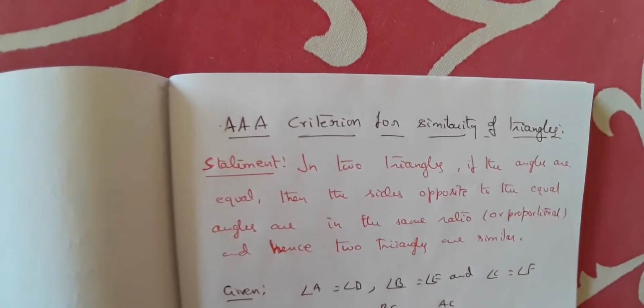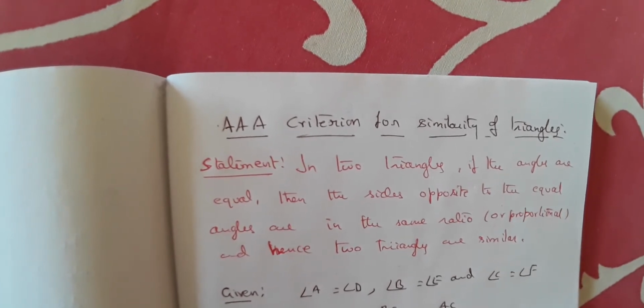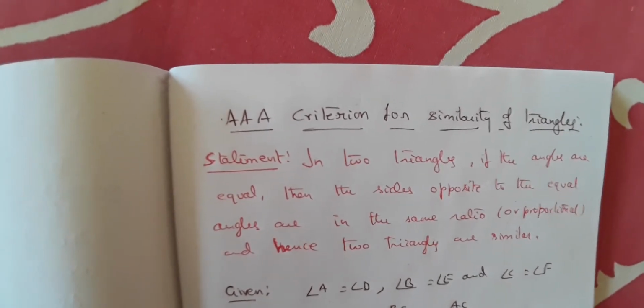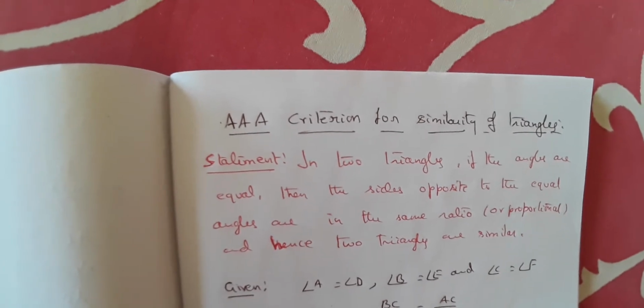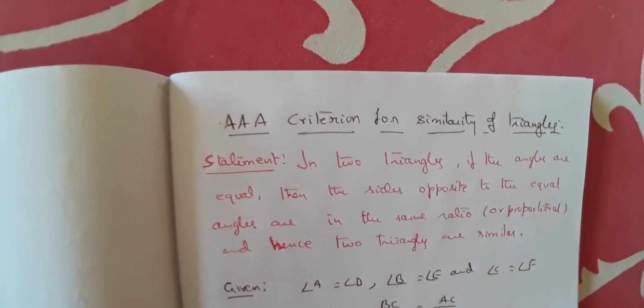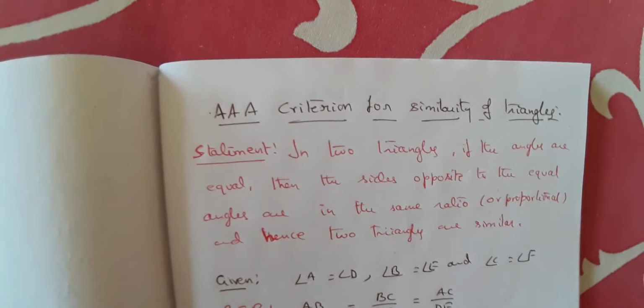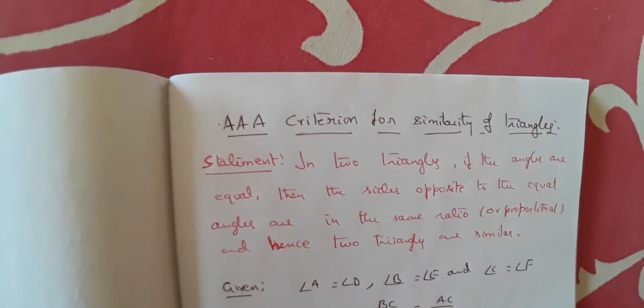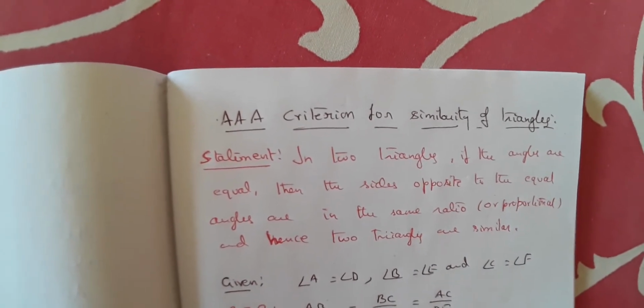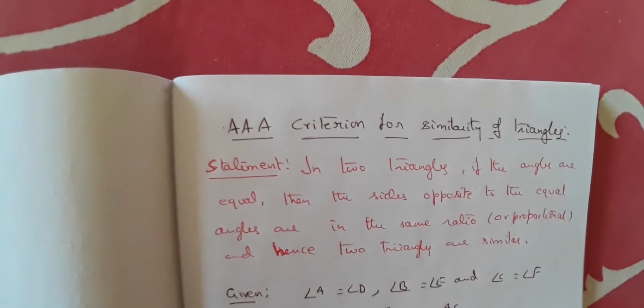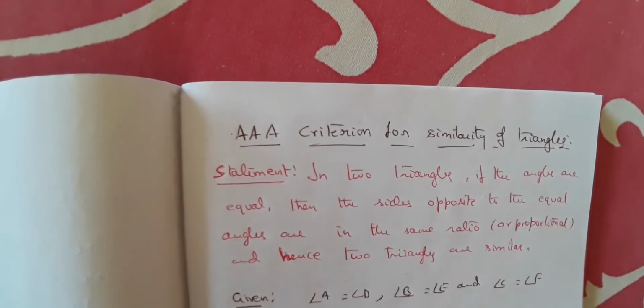That means the side which is opposite to that particular angle is proportional to the side opposite to the other angle which is exactly equal to this one. Okay, so that means it is similar. Now when we say that sides are proportional, then that is the condition for similarity. So thus we can prove that very easily.